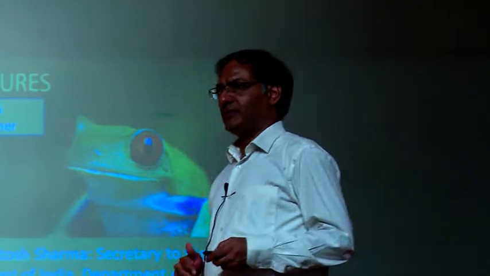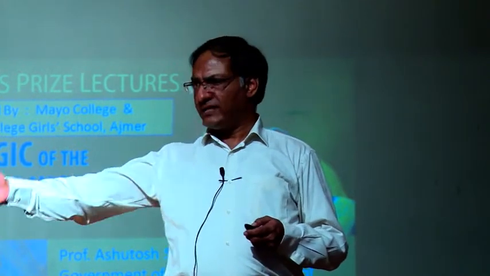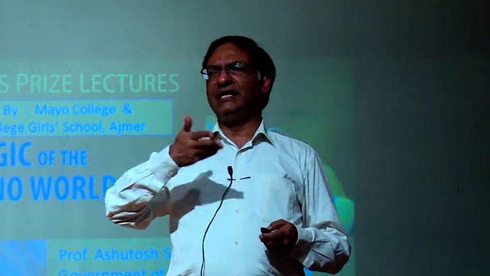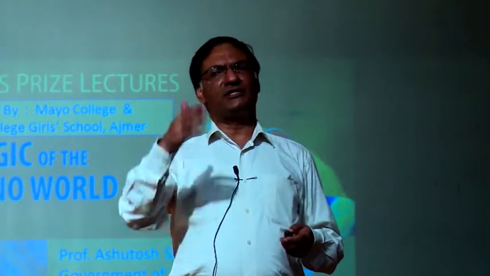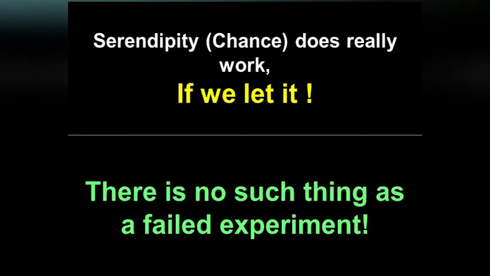Another principle: how do great discoveries happen in science? People often ask, because once a discovery is presented in the literature, it looks like there is a linear logic to it, which means this guy thought about it, and he cracked the problem and so on. Most of the science does not happen that way. It happens by serendipity, meaning by chance. But we see the serendipity favors only those who are prepared. So these are the two things.